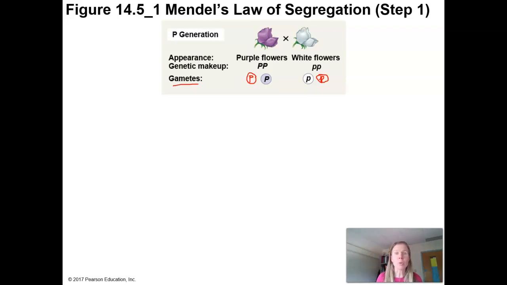By the way, you can use whatever letter you want. So if they give you something like P and you'd rather use an A because you can easily tell the difference between capital and lowercase, go for it.